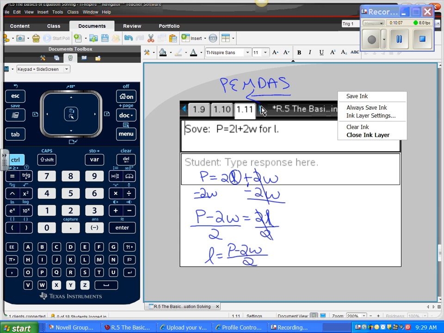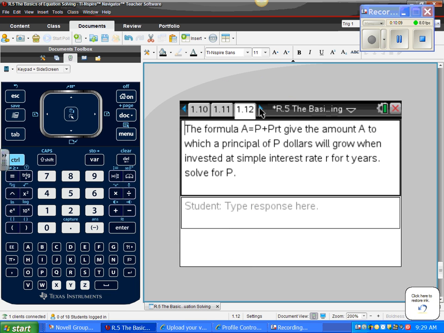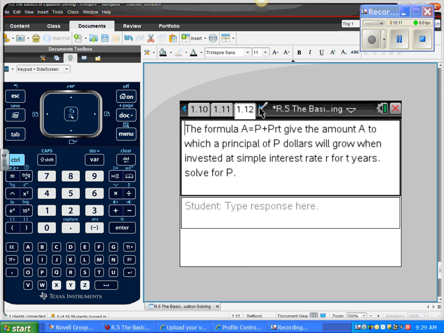All right, let's try another. The formula A equals P plus P times RT gives the amount A, which a principal of P dollars will grow when invested at a simple interest rate for T years. Solve for P. Well, first thing you should be thinking is which P, right? Let's think about what we have here. Yes, we have two P's, but let's look at that as a whole quantity. P plus